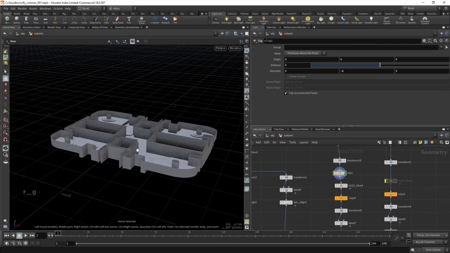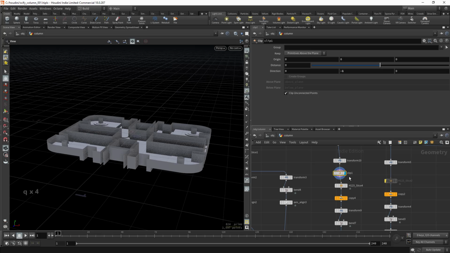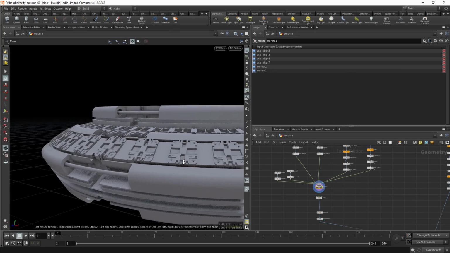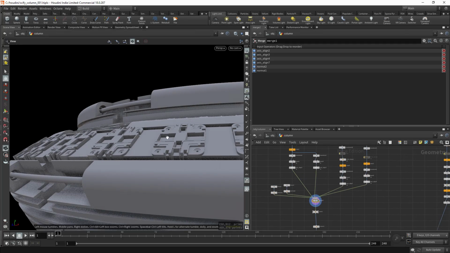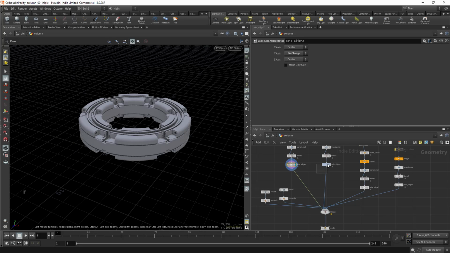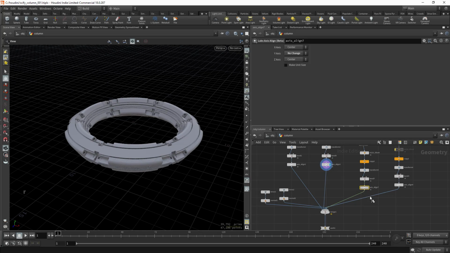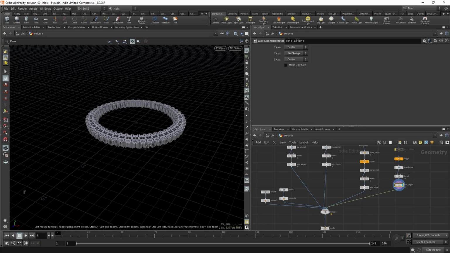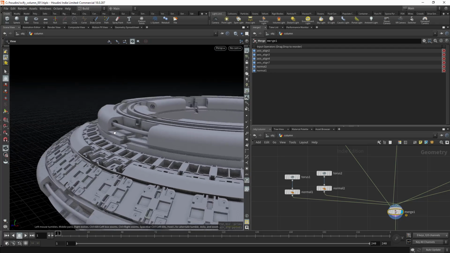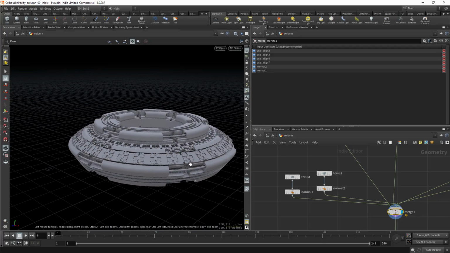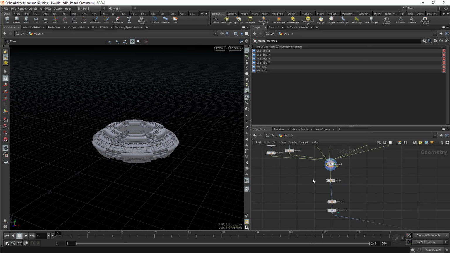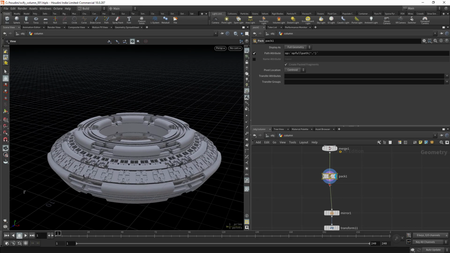And I also, as you can see, I clipped the one side because I knew I'm not gonna see it, so I wanted to save some polygons here. So, and this is the bottom part. It's just merging together different kind of rings, and this is what you get. And I also merged in this kind of tube, so that looked interesting. And this is how I get the bottom part of the column, and then I packed it so we get